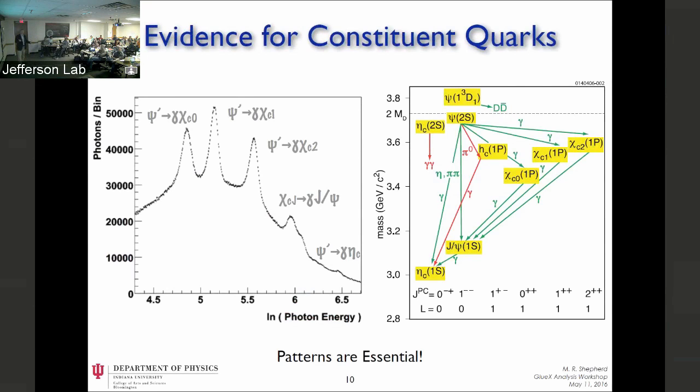So this is not that different than looking at atomic spectra or something with a spectrophotometer. And there are lots of transitions with photons you can have in the spectrum. So you can have the psi decaying by photons to the chi states. These are p wave states, and down to the eta states, and you can have transition from the chi states to the J/psi. And when you look at the photon spectrum, you see all those things.